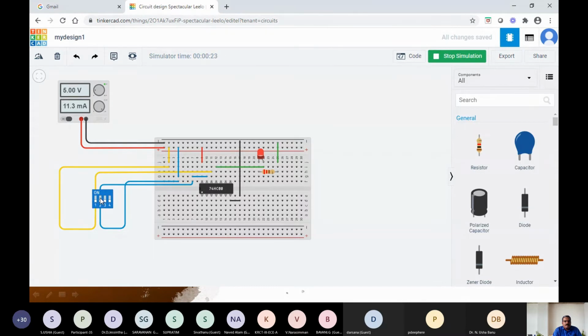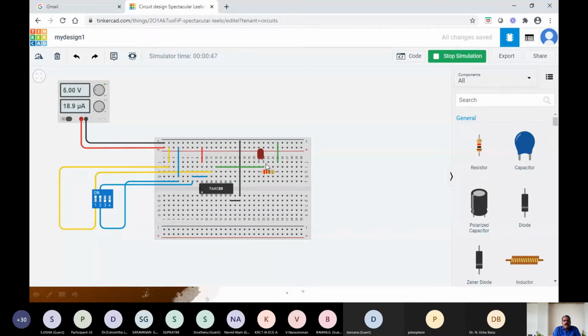I am making one input as high, 0, 1, your output is 1. Similarly 1, 0, your output is 1, and 1, 1, your output is 0. So in this way, we can verify any digital circuit by connecting it through the breadboard.